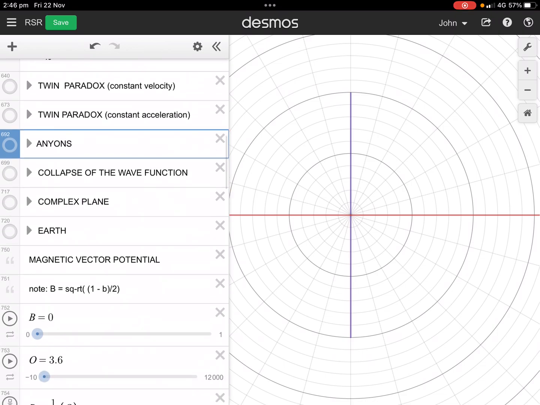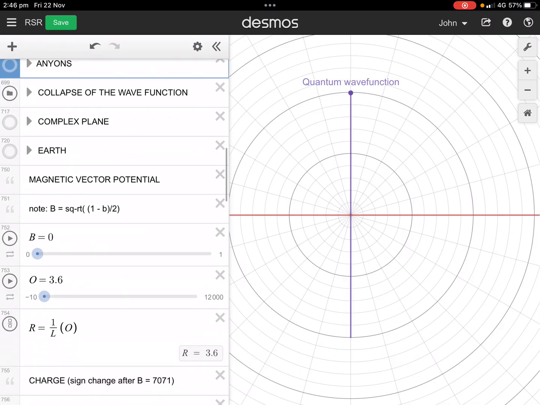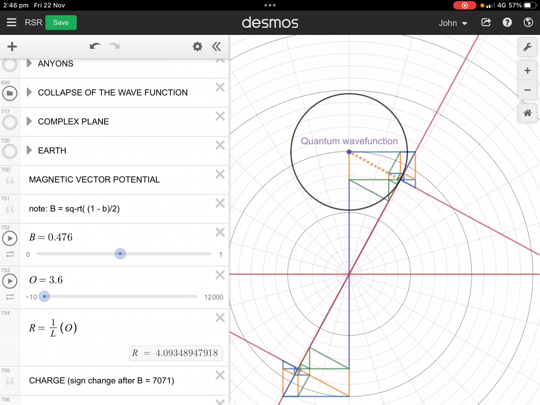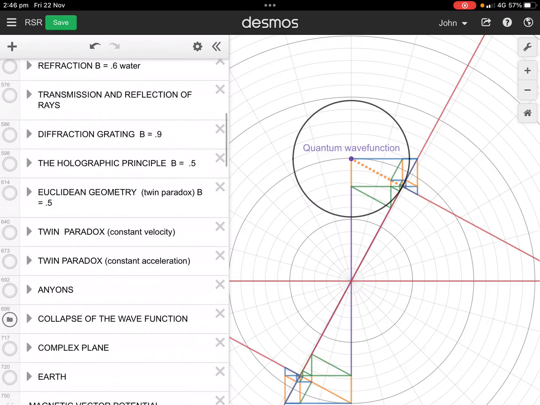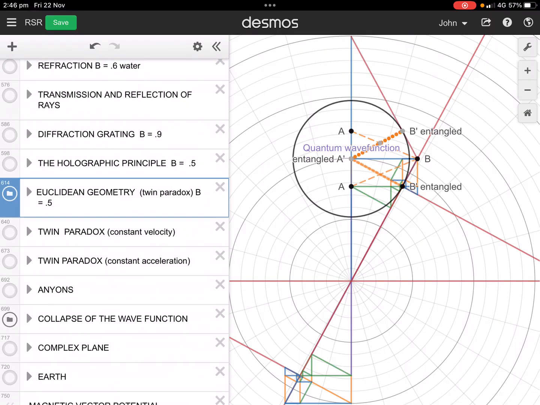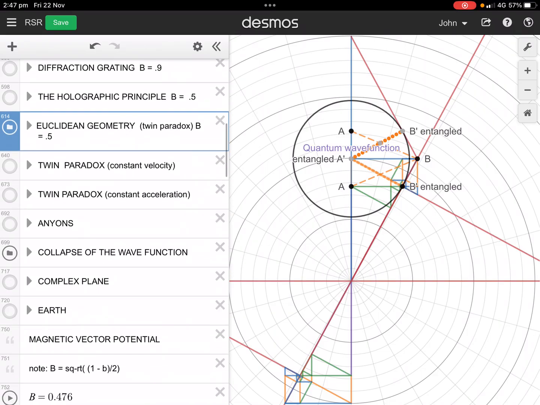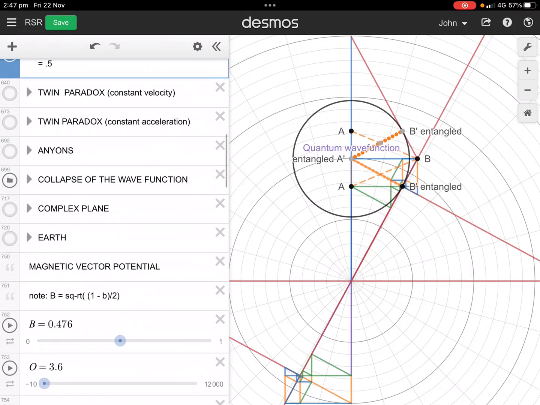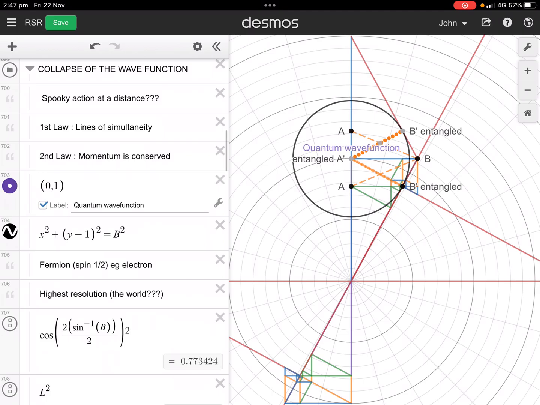But then I've got collapse of the wave function. And this is interesting, because that's the wave function. And let me put Euclidean geometry back in. And now, if those two collapse, the probability of them collapsing is actually the probability of their lines of simultaneity becoming the same, meeting. Of course, momentum is conserved, but